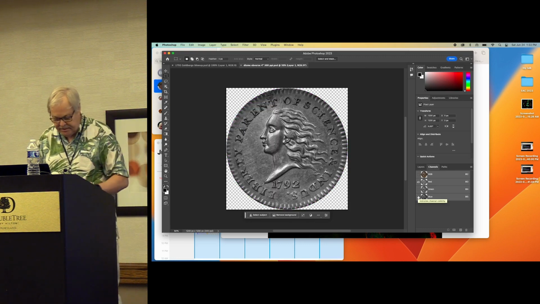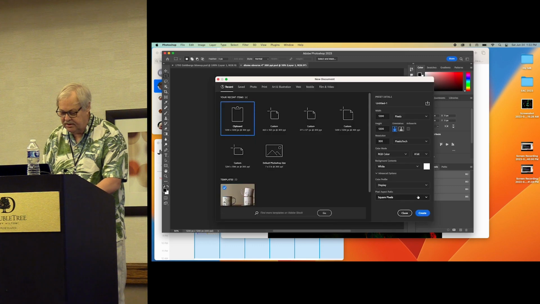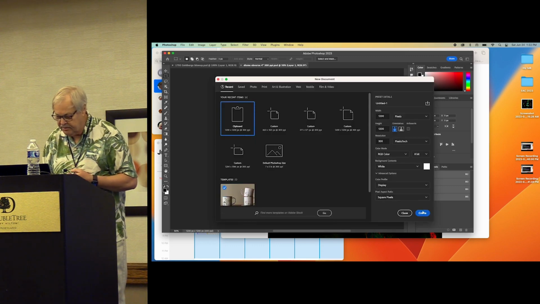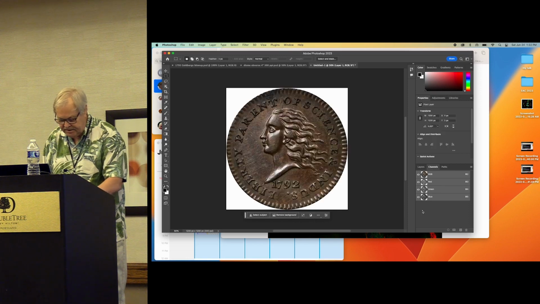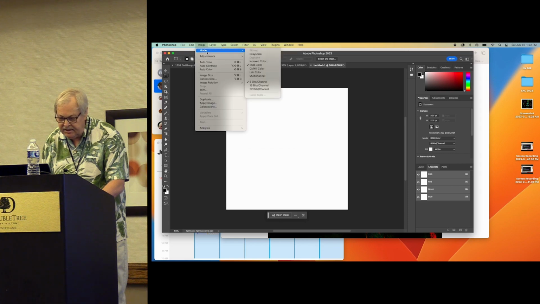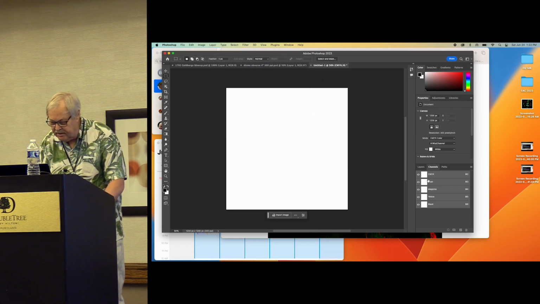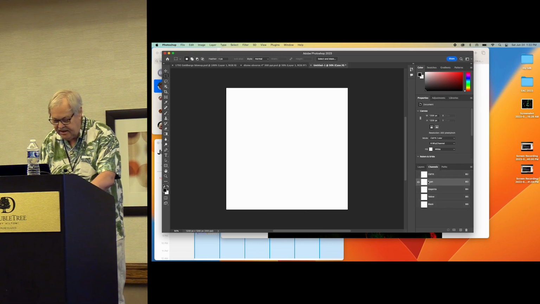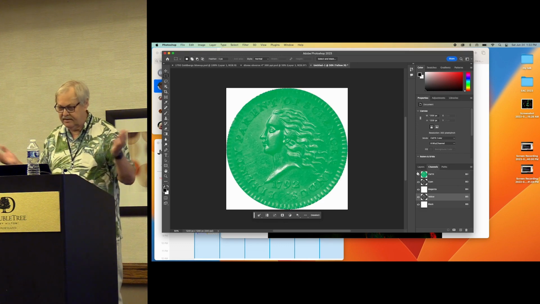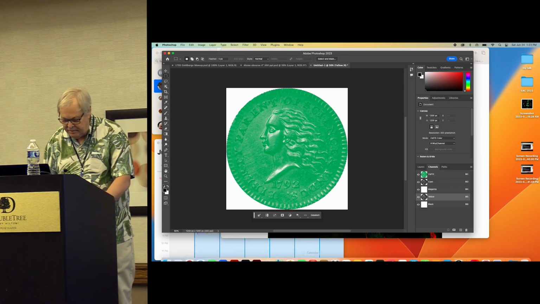So now what I'm going to do is copy this. Just select all, copy, and then make a new image, create it, and paste. Whoops, that's not what I want to do, zap. I want to make this image in CMYK color, and I'm going to paste this image into the cyan channel and the yellow channel. And when I do that, I get this very unattractive green image. Okay? Now I go back to